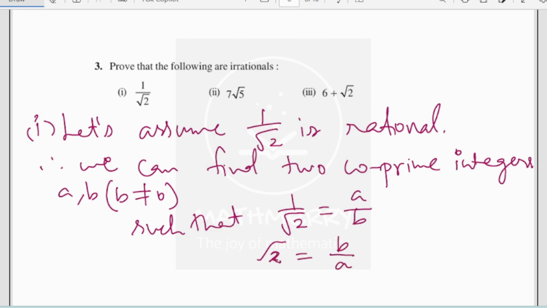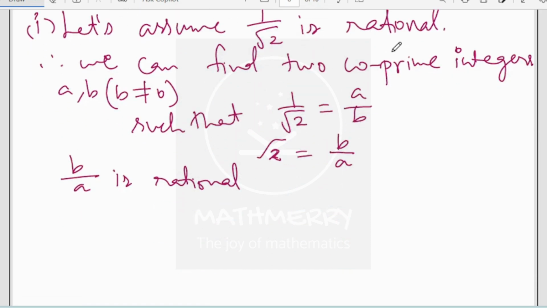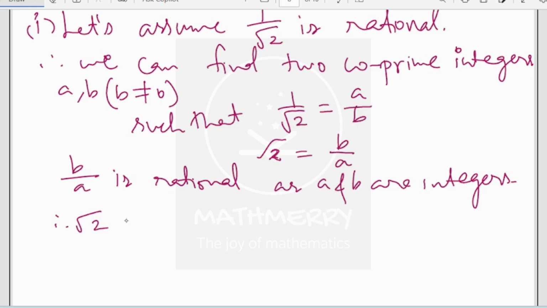Now this means, here b by a is rational. Why are we writing it as a rational number? Because a and b are integers. As a and b are integers, it is a rational number. Then we can say that therefore root 2 is rational. If one side of the equation is a rational number, then the other side of the equation should also be a rational number. But